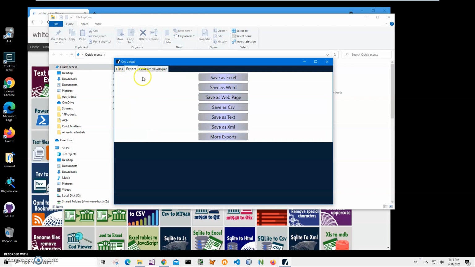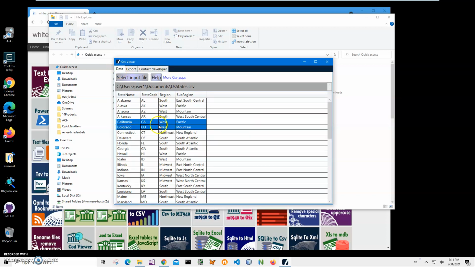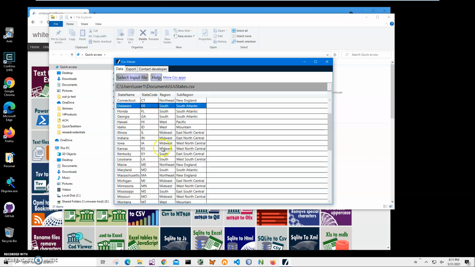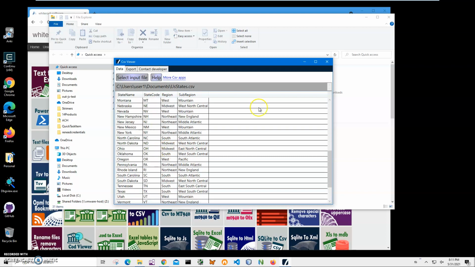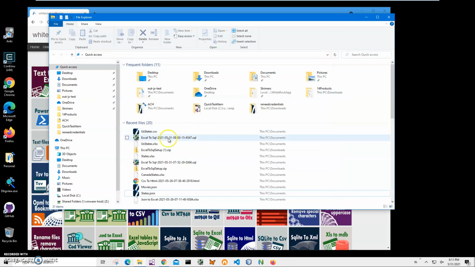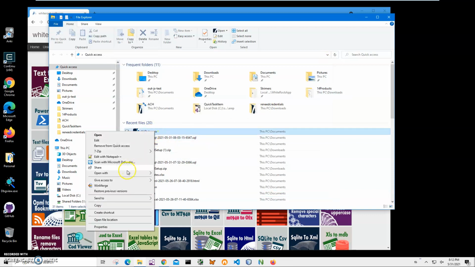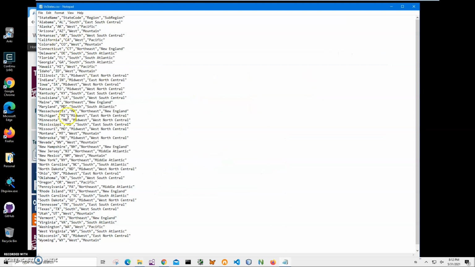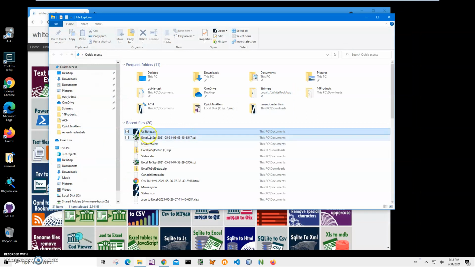And I can also export into a different format if I want to. But basically you can see there is CSV data in it. I can also open it in Notepad. I can right click, open Notepad, just to show you that this is a CSV file, comma separated. And we're going to convert this CSV file into